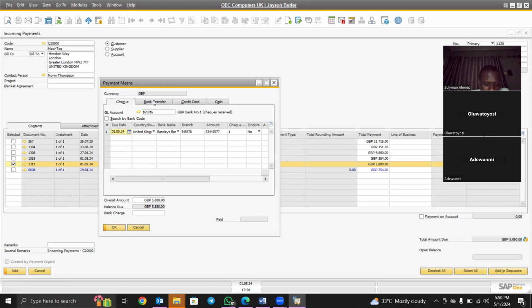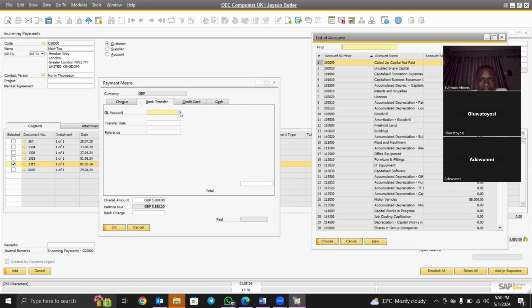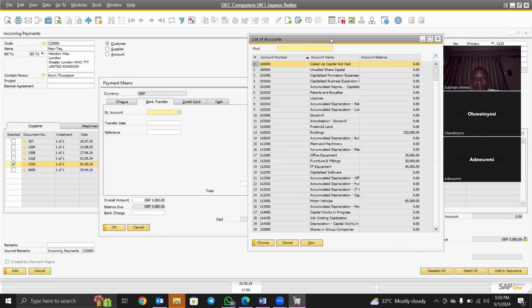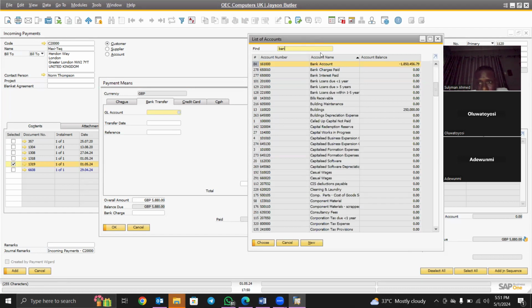So if we are using bank transfer, we select the bank. We choose the bank here from the GL account. Here, the bank is already set up in the system. So we double click here. Let's look at the bank we are having. So we have this bank. To select this bank,